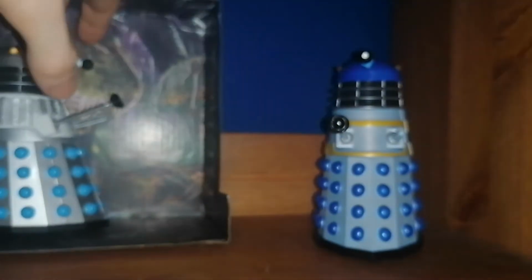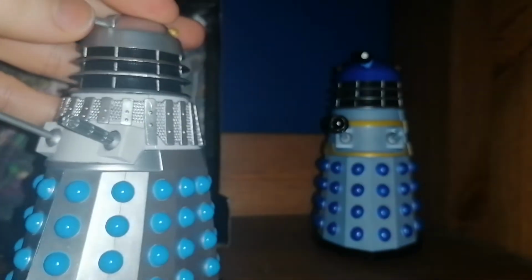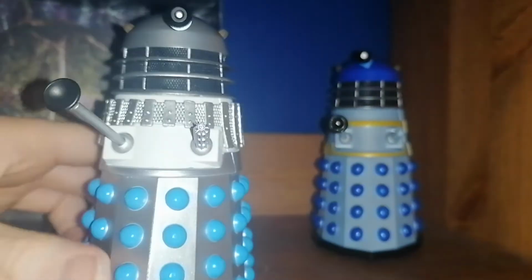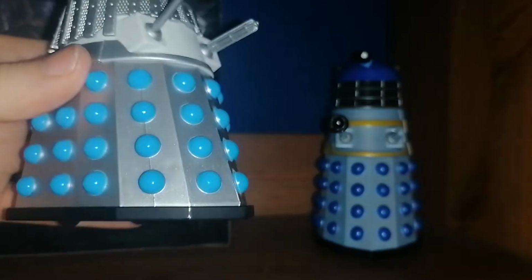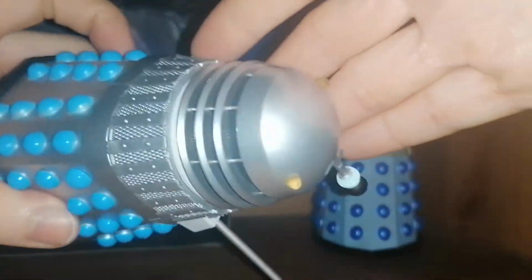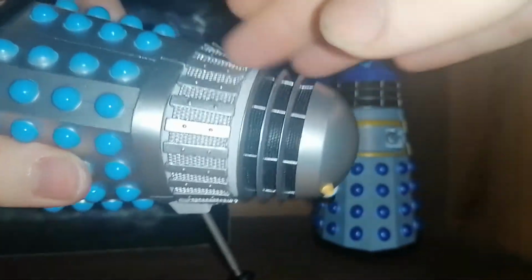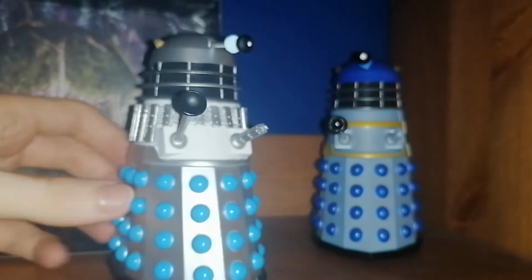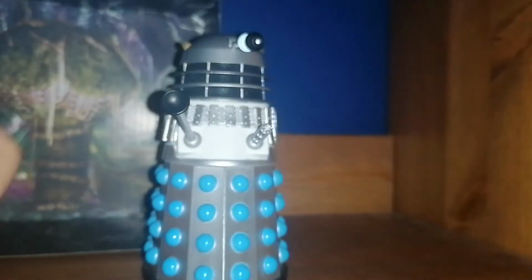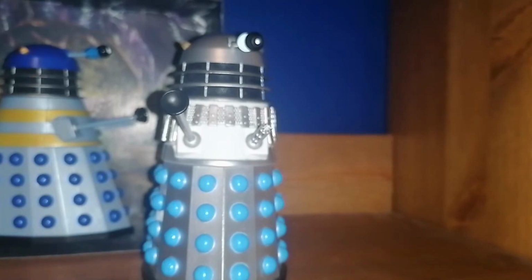Now, this. I hate how the eye stalk's a little bent, but holy shit. I'm not going over the articulation, I've just went over pretty much the same detail. Obviously your skirt has a nice panelling and so on. And obviously the mesh detail, brilliantly done as ever with the rivets, bolts, whatever, with the slats and the mesh in between. Now, this is a huge update from the original Chase drone, because if I bring him in,